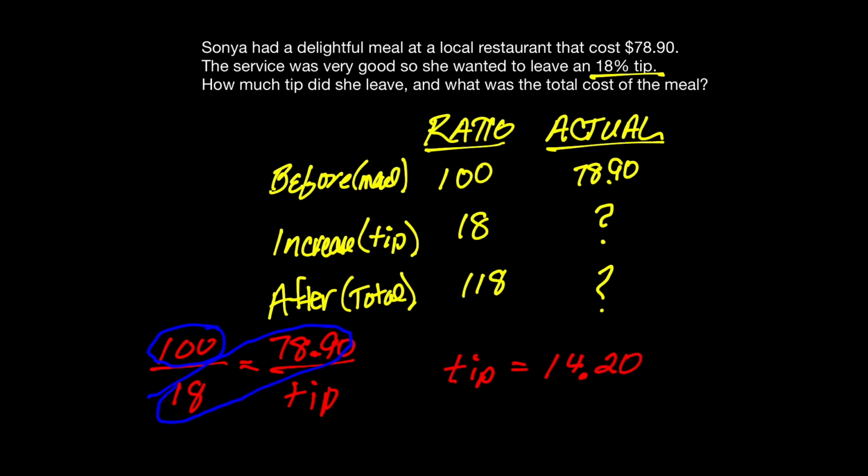$14.20. So now I could go in here and say, well, this number's figured out now. I could do 1428, or 1420, sorry. And then two things I could do here. I could cross multiply 100 with the after number and 118 with this. Or maybe an easier way to do it is just to add these two numbers together. So when I add these two numbers together, keep pausing my video, it looks like I get, let me erase my question mark, and when I add those together, it's